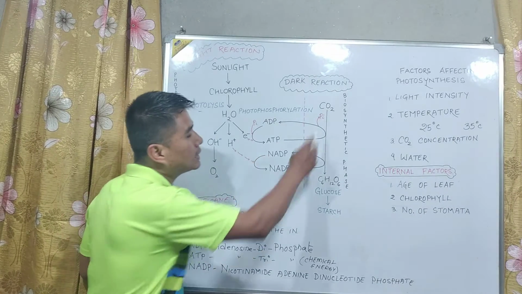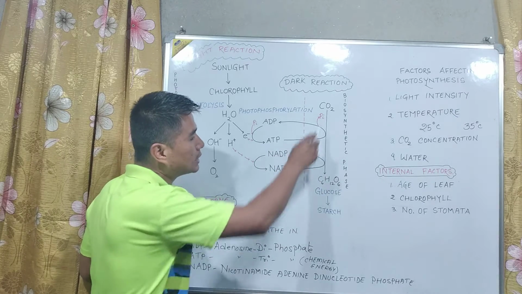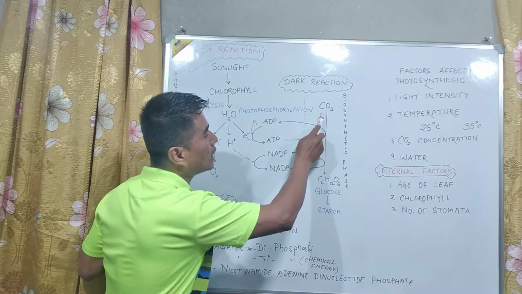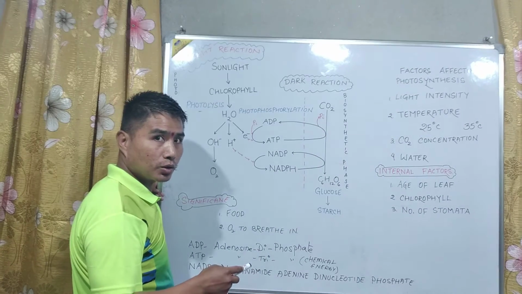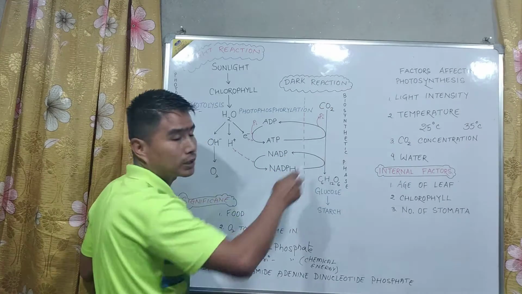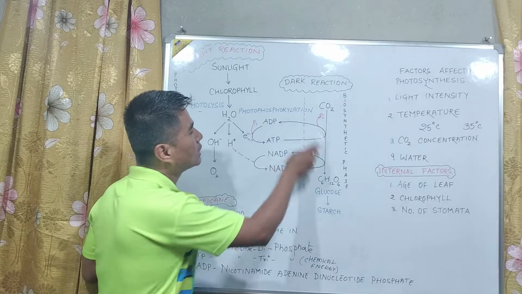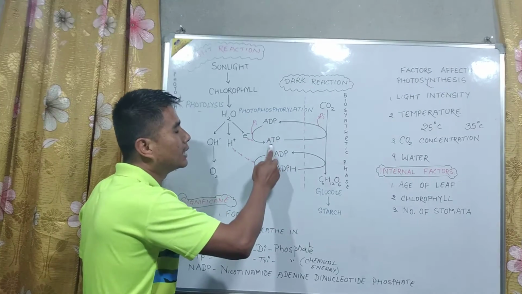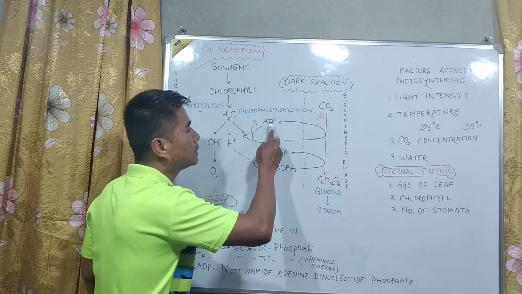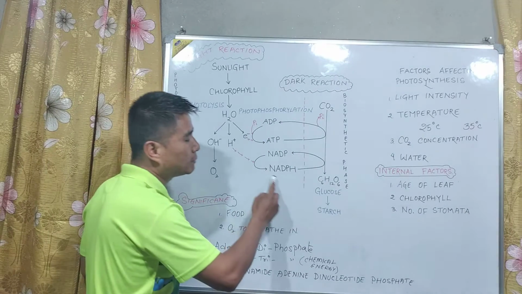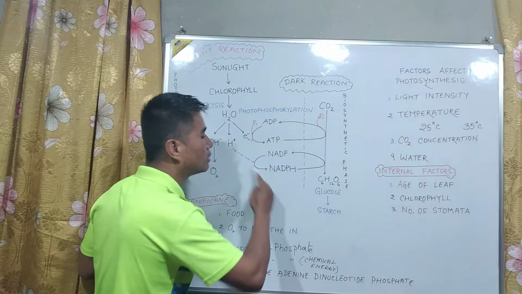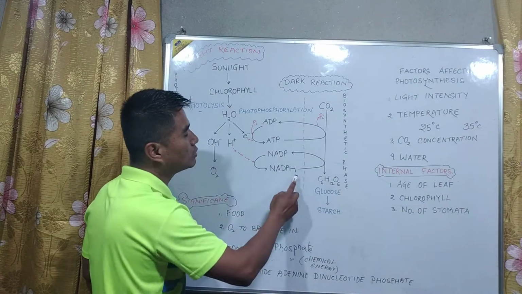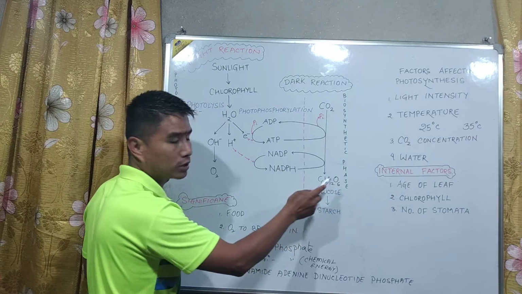When ATP gives that energy or uses that energy to attach hydrogen to carbon dioxide, one phosphorus ion is given again. ATP loses one phosphorus ion. As a result, ATP again forms what? ADP. So this cycle keeps on repeating. ATP again forms ADP, ADP forms ATP. NADPH forms NADP, NADP forms NADPH. Hydrogen is given to carbon dioxide, and carbon dioxide unites with hydrogen to form C6H12O6, which is glucose.